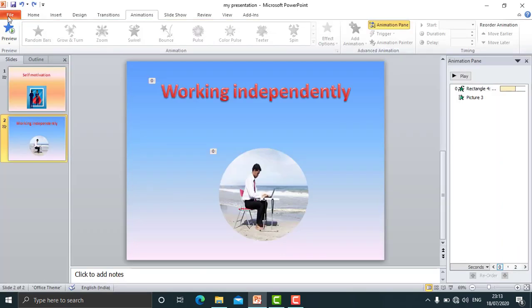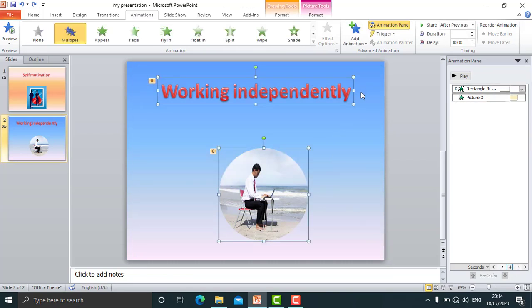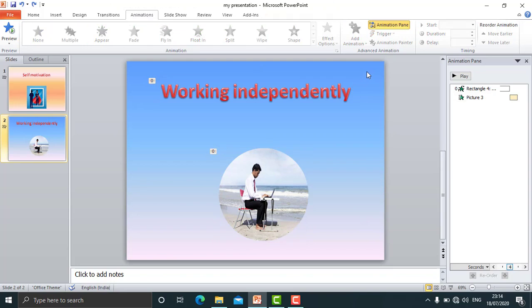So this is a basic intro of your Microsoft PowerPoint 2010 to create a presentation. A number of tools are there. It is quite a very strong application to create presentation. You can create a very effective presentation using Microsoft PowerPoint. It depends on your topic, which topic you want to take. It depends on your thought, it depends on your creativity, how you are going to use these tools.